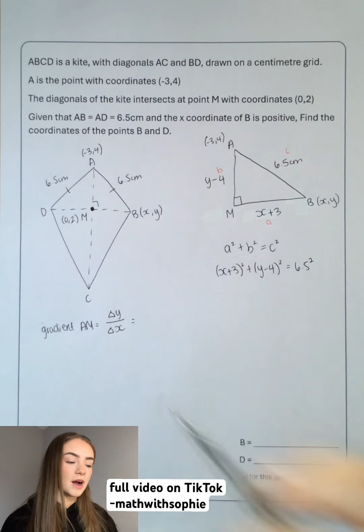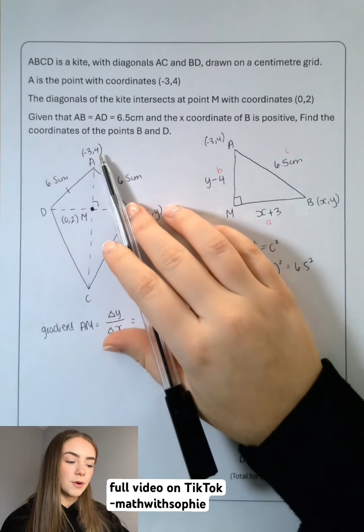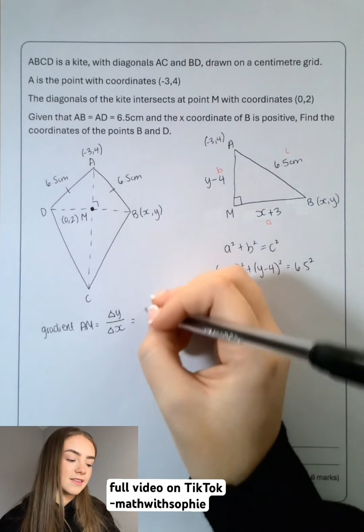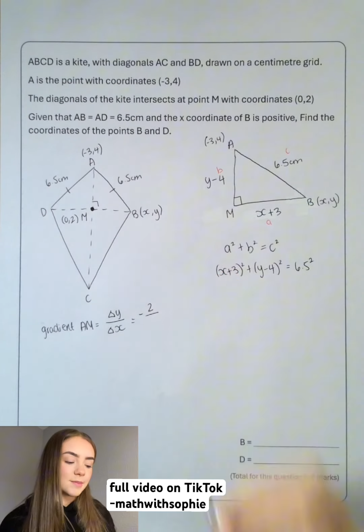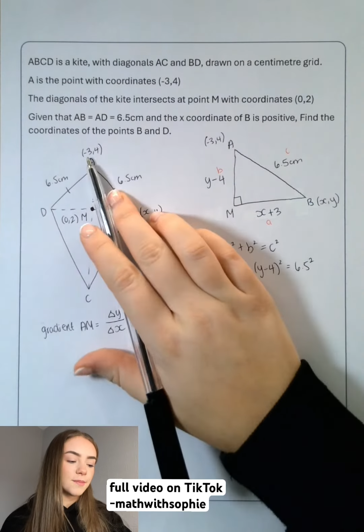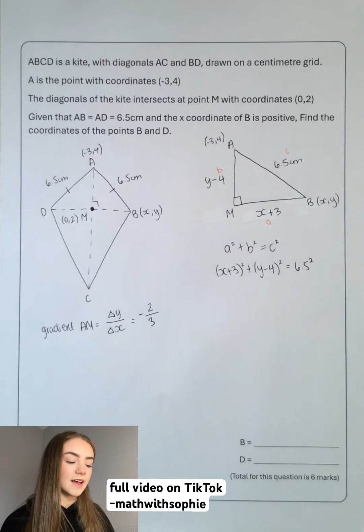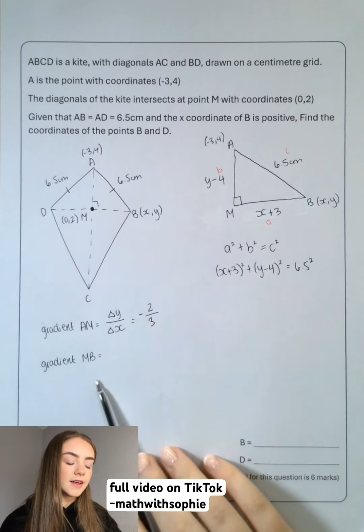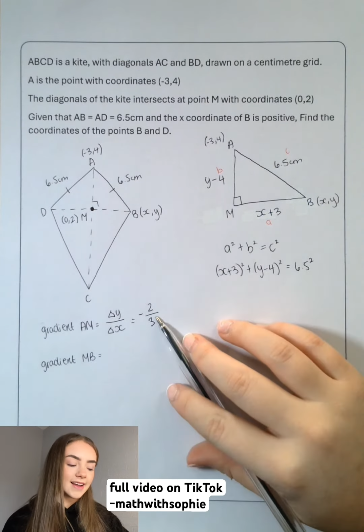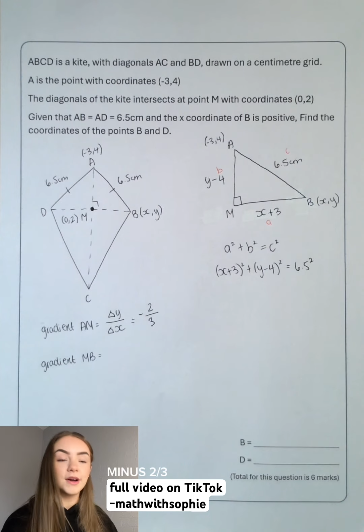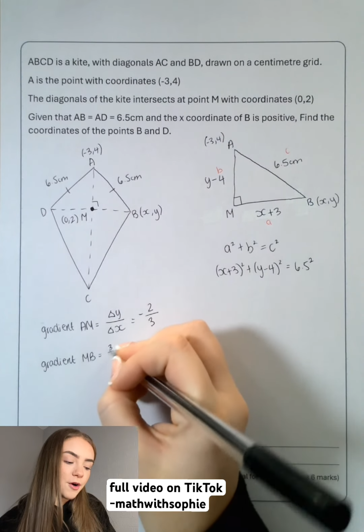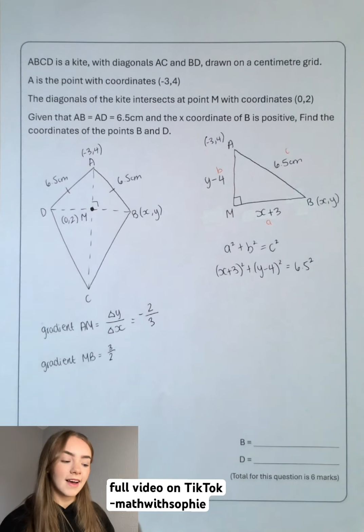The change in y coordinates from A to M, or from 4 to 2, this is a difference of -2, divided by the change in the x coordinates from -3 to 0, this is a difference of +3. So the gradient of A to M is -2/3. And because these lines are perpendicular, the gradient of MB will be the negative reciprocal of -2/3, which is positive 3/2. MB is a straight line, and the equation of a straight